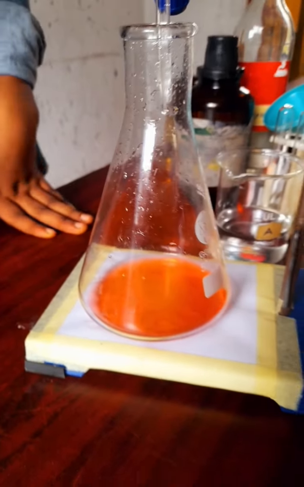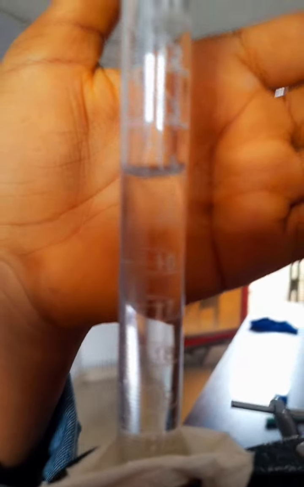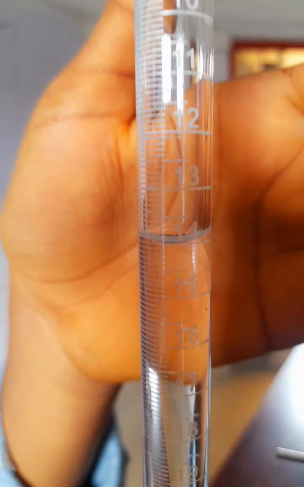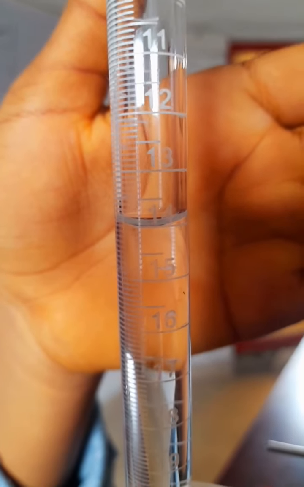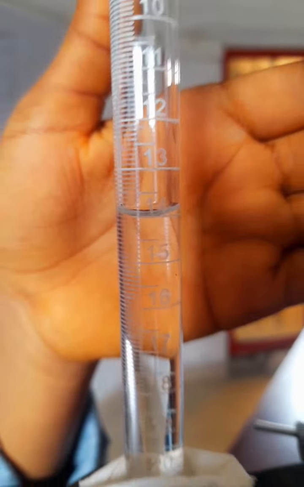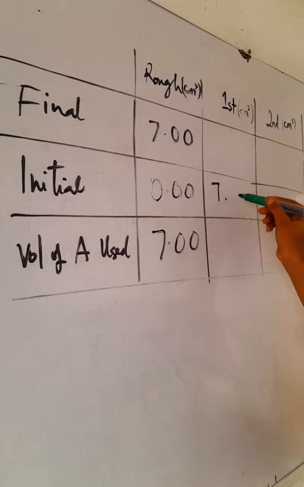All right, so that is our endpoint for the first titer after the rough, and we check the volume we've used, and wow, that's just about the same as the first. This sits on the 14 mark, which means we've used another 7 cm cube, so our consistency is okay. All right, so the initial for the first titer is the final for the rough,